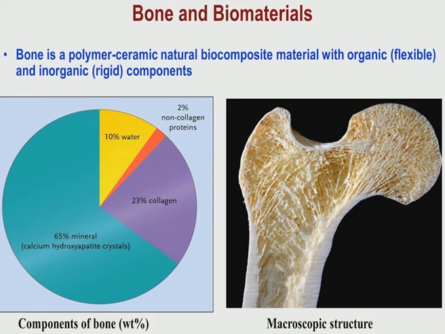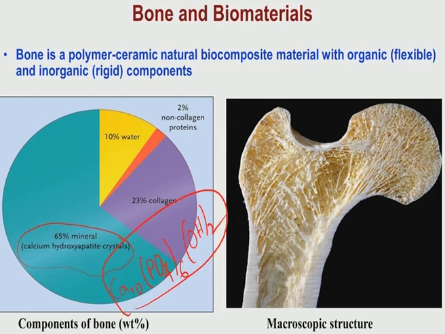Okay. Now, I have briefly mentioned the natural bone composition. Here it shows you some numbers, and these numbers are important for you to realize what is the relative percentage of different compositions, different constituents. First one is 65% mineral component, that is calcium hydroxyapatite crystals, and typically this calcium hydroxyapatite has a stoichiometric composition as I mentioned earlier. Let me write this down for your knowledge.